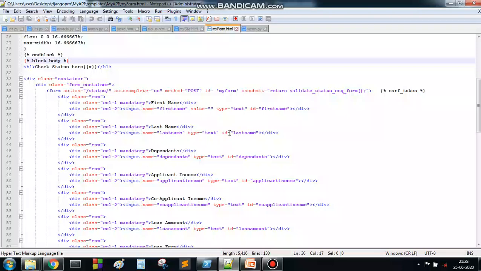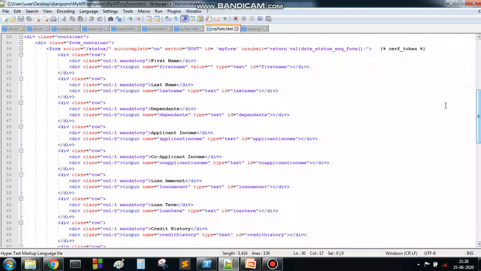Through this ID and class, we can do many operations in the Django framework, which I am going to show you at a later stage. Every field is associated with an ID and a class.